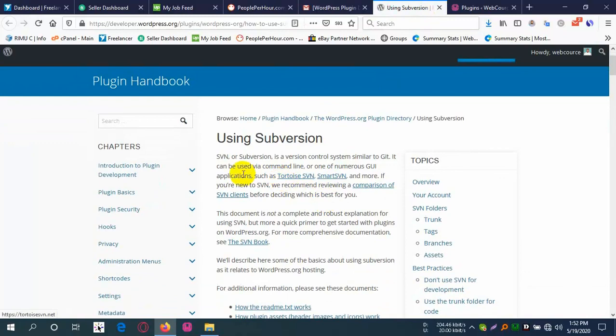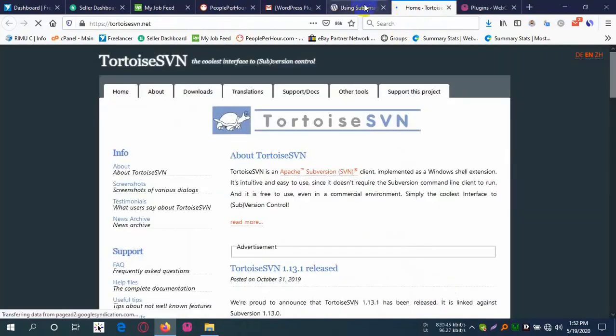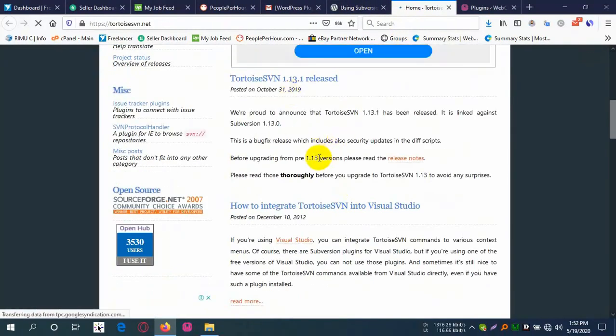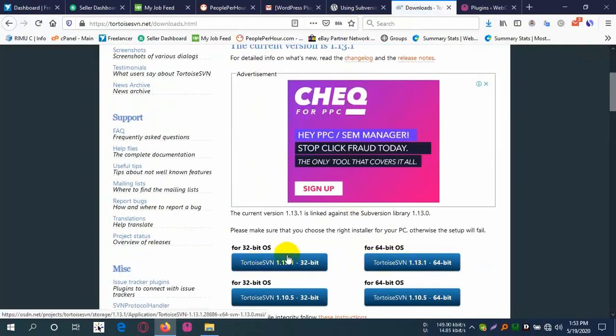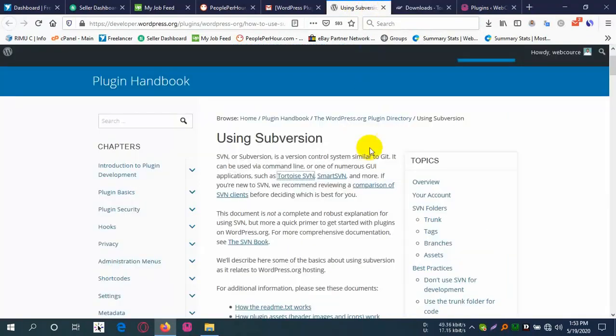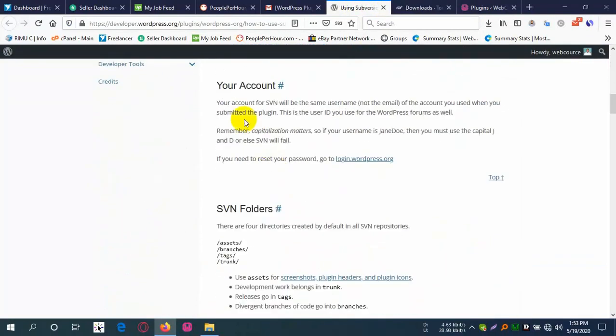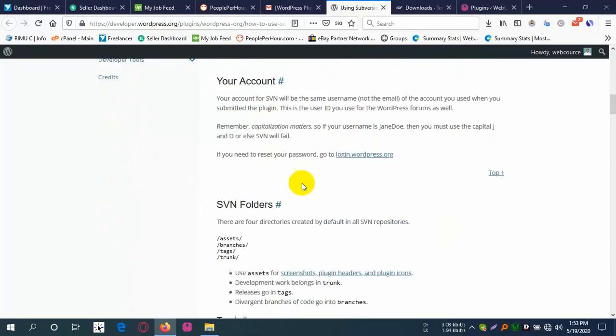And here they have said that I will use the applications TortoiseSVN and SmartSVN. I have downloaded Tortoise from here. Here are the two versions of the Tortoise release, 64 and 32. I have recently downloaded the 64 and already set it up, and they have said that I have got a user ID, and I use the password of my WordPress.org account,